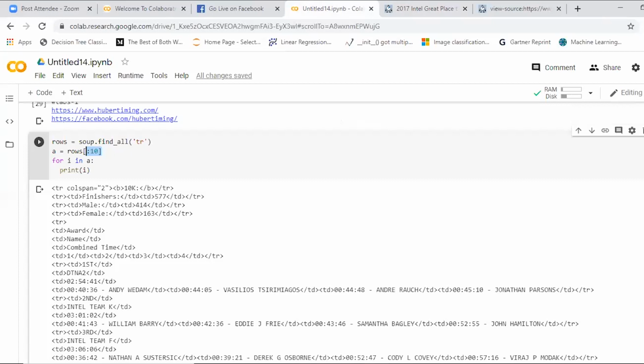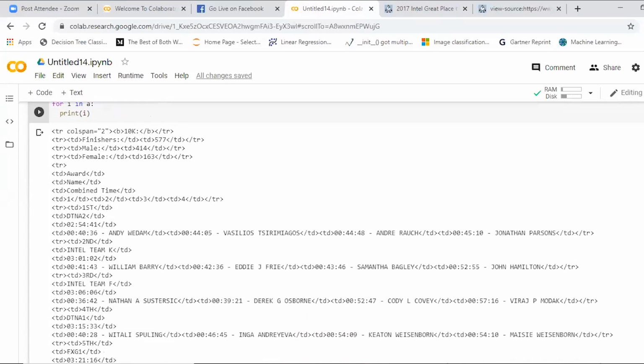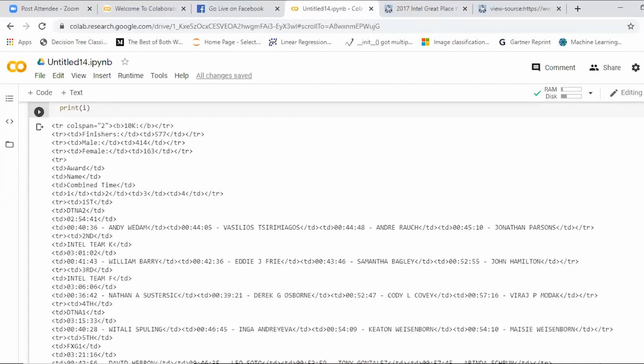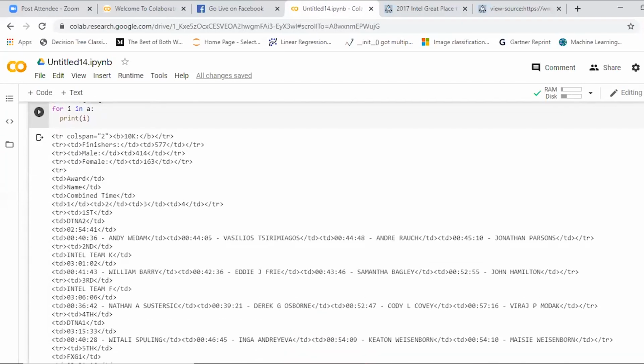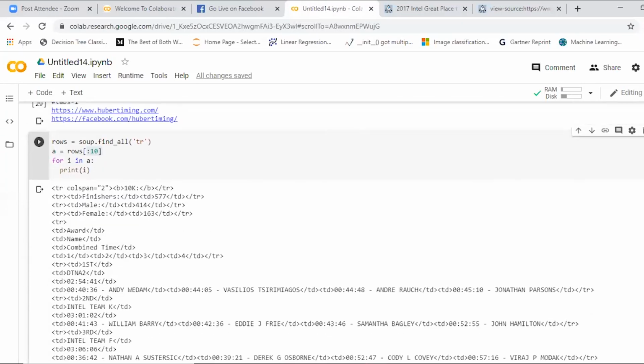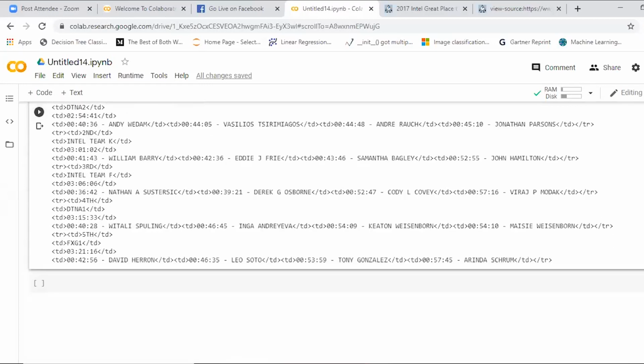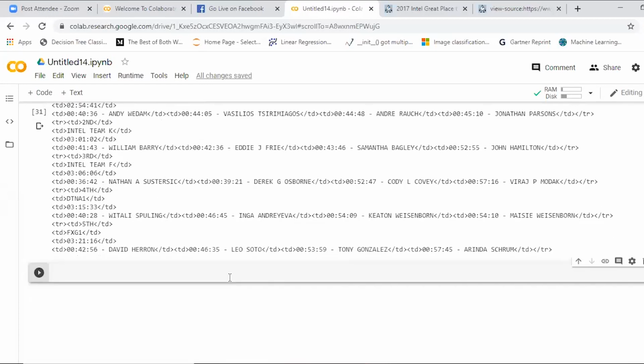If anyone is facing an issue, please check in the chat box. So TR stands for table rows. Then we go for table cells. Same, you go for find all. We use a for loop and we print the last row. That will convert the last row into a list and will clean the data. Yes, you can do it in Jupyter Notebook, Navneet. Colab is used because some may or may not have Anaconda, and everyone will have a Gmail account, so they can directly use it.